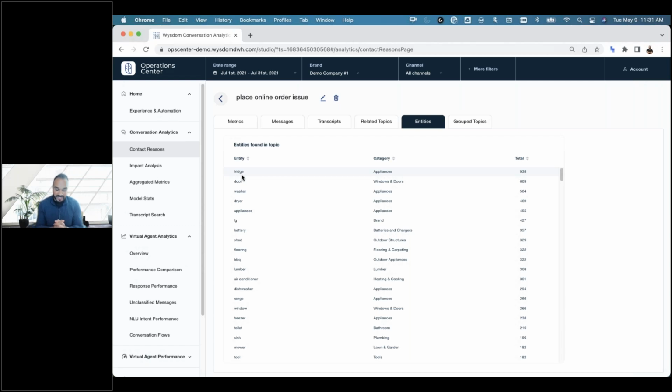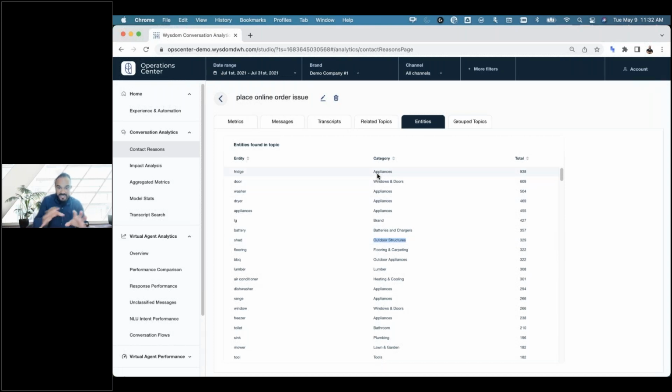And so let's say you have an intent for this of online order issue, and they all get handled the same way. Someone says, I'm on your website, I added something to my cart, I can't seem to check out, there's something wrong. But I want to go deeper. I've got that experience already built out. I've given them a couple of troubleshooting steps, but I want to separate that intent. I want slightly different handling if they're talking about a certain product, let's say in this case appliances, versus a certain brand, or maybe seasonal items like outdoor items to be handled differently than when someone's trying to check out with an appliance, because for whatever reason the order processing is different.